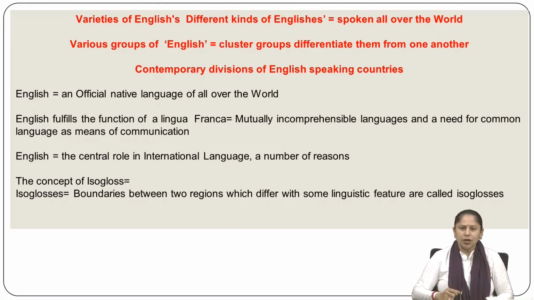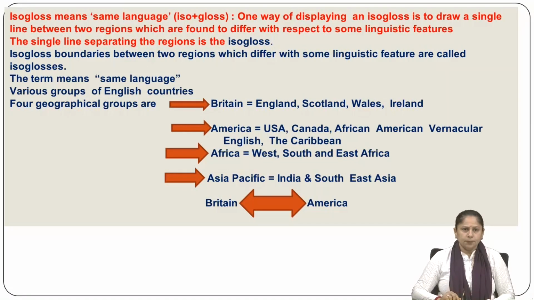I think now you are clear about isoglosses, so we can go deep into the same topic and discuss much more. Look, isogloss means same language. Americans are speaking English, Britishers are speaking English, Europeans are speaking English, Australians are speaking English, Canadians are speaking English, but are these Englishes similar? I asked you the question. Of course not. Almost all the Englishes would be quite different, and that is known as isogloss.